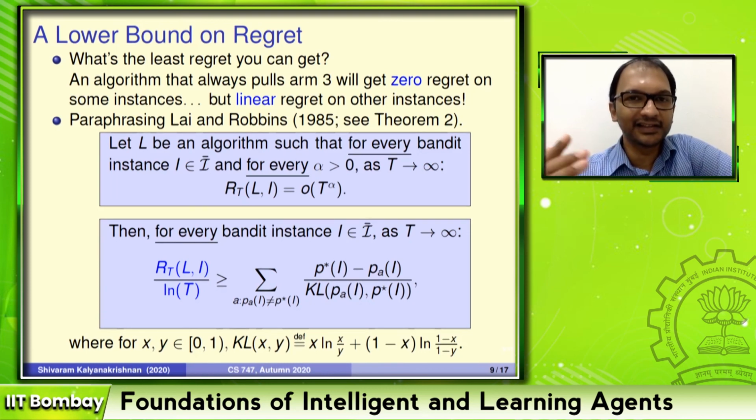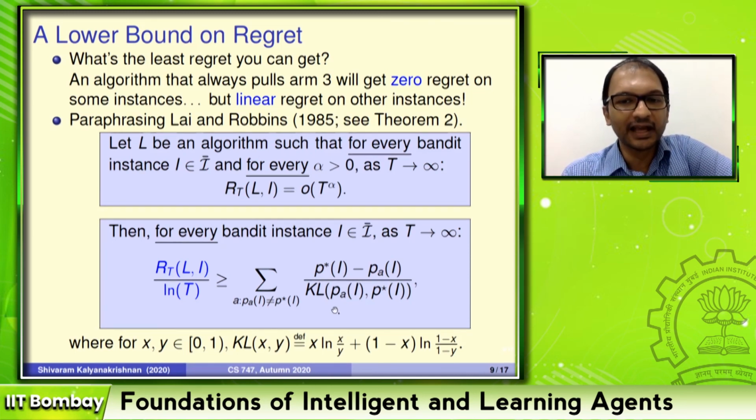Maybe let's just get that out of the way. KL divergence is a way of measuring the difference between two distributions. Here for simplicity we are assuming these are Bernoulli distributions, and so the KL divergence between Bernoulli distributions with means, let's say x and y, is defined to be x log x over y plus 1 minus x log 1 minus x over 1 minus y. You need to be a little bit more careful in the definition. For example, if you run into 0 log 0, you have to define that to be 0, etc. But let's not worry about the corner cases. What is going on here in the second part of the statement is saying that